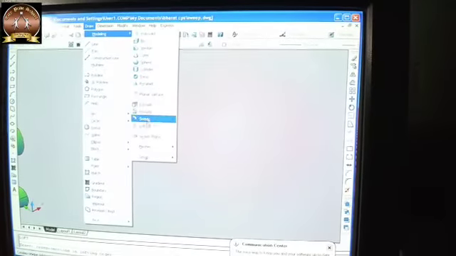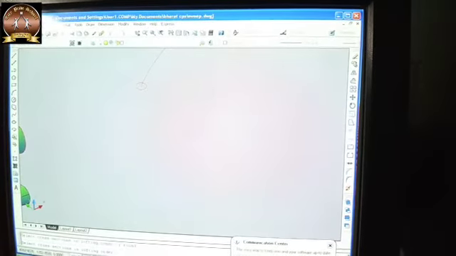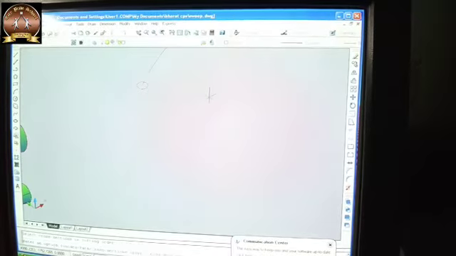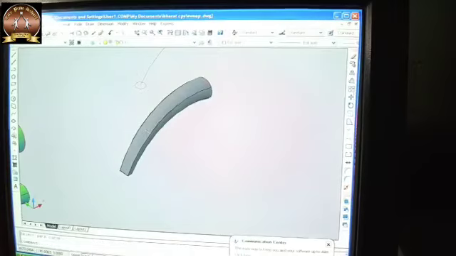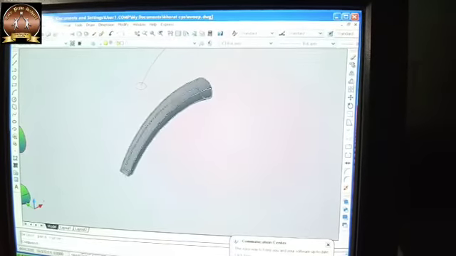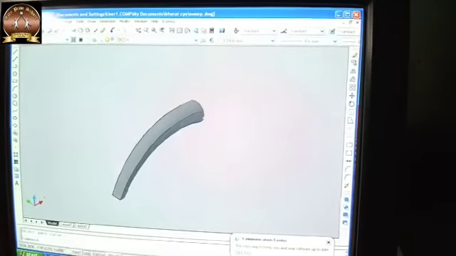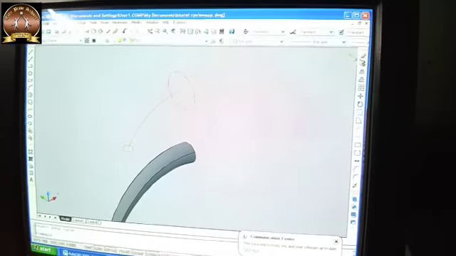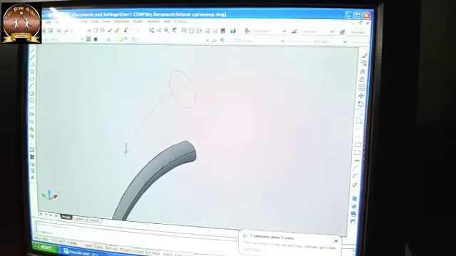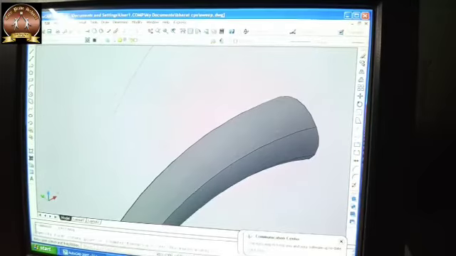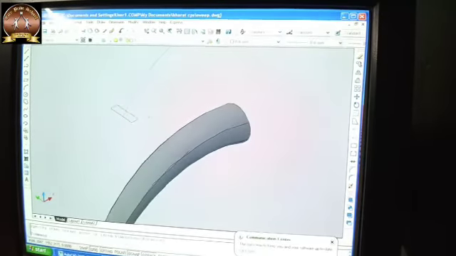See, I am trying the loft command again. Click the section, enter and say P for path, enter and click the path. So at the bottom you will have a rectangular shape and at the end you will have a circular shape. See here what I am going to do: I will change this shape and take a rectangle. A slightly bigger rectangle I am taking, like this.